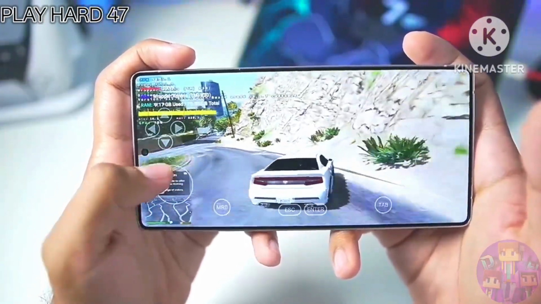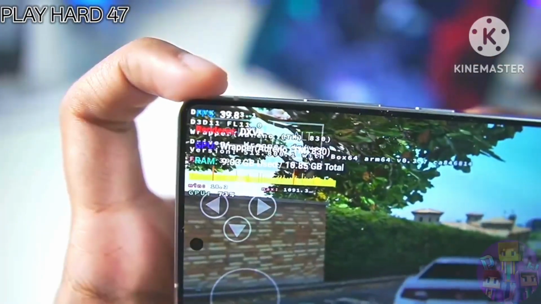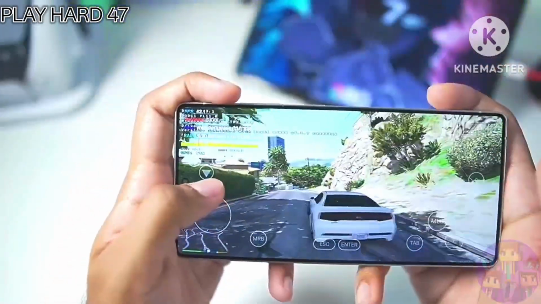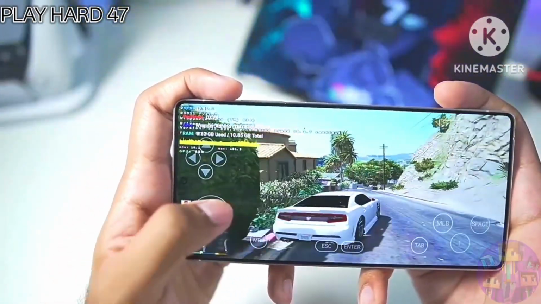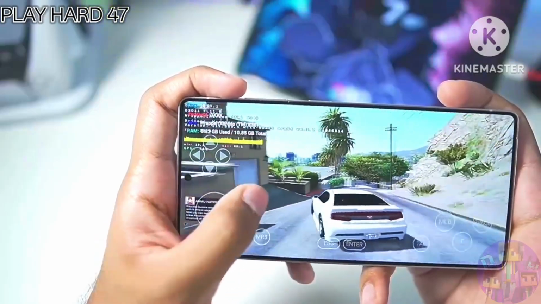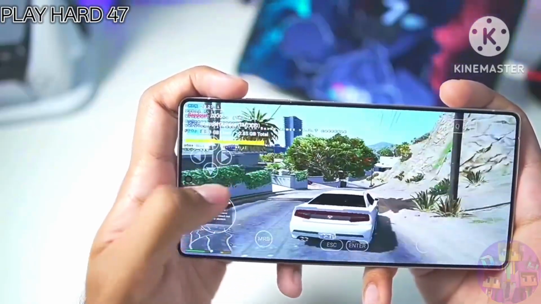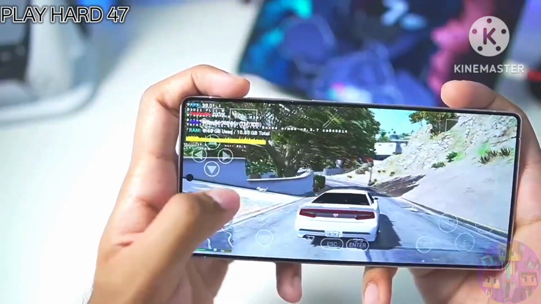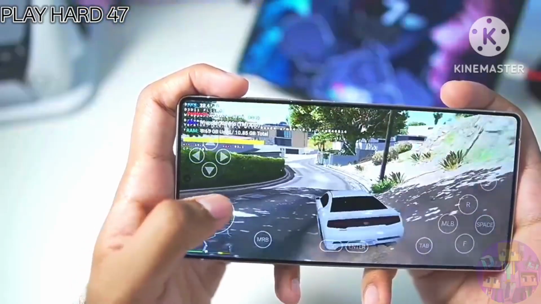And you guys can see how well our game is working. We are getting about 30 to 40 FPS, and you can expect some stuttering issues because this is not the GameHub emulator, this is Winlator Android. This game unfortunately does not work in GameHub Android, or else we would be getting more than 60-70 FPS while emulating it.